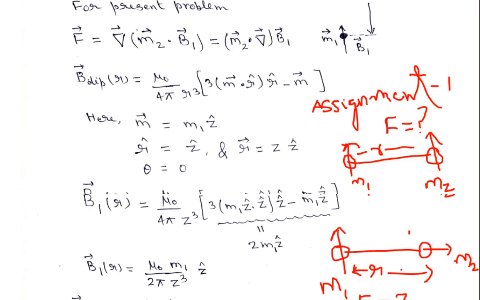Please, it is necessary to do these problems. If you do these problems, you will understand the real physics, and then you will understand the process of magnetization in paramagnetic material, in diamagnetic material, in ferromagnetic material. In the coming lectures we will try to learn how the dipoles align when you apply a magnetic field to a magnetic material.